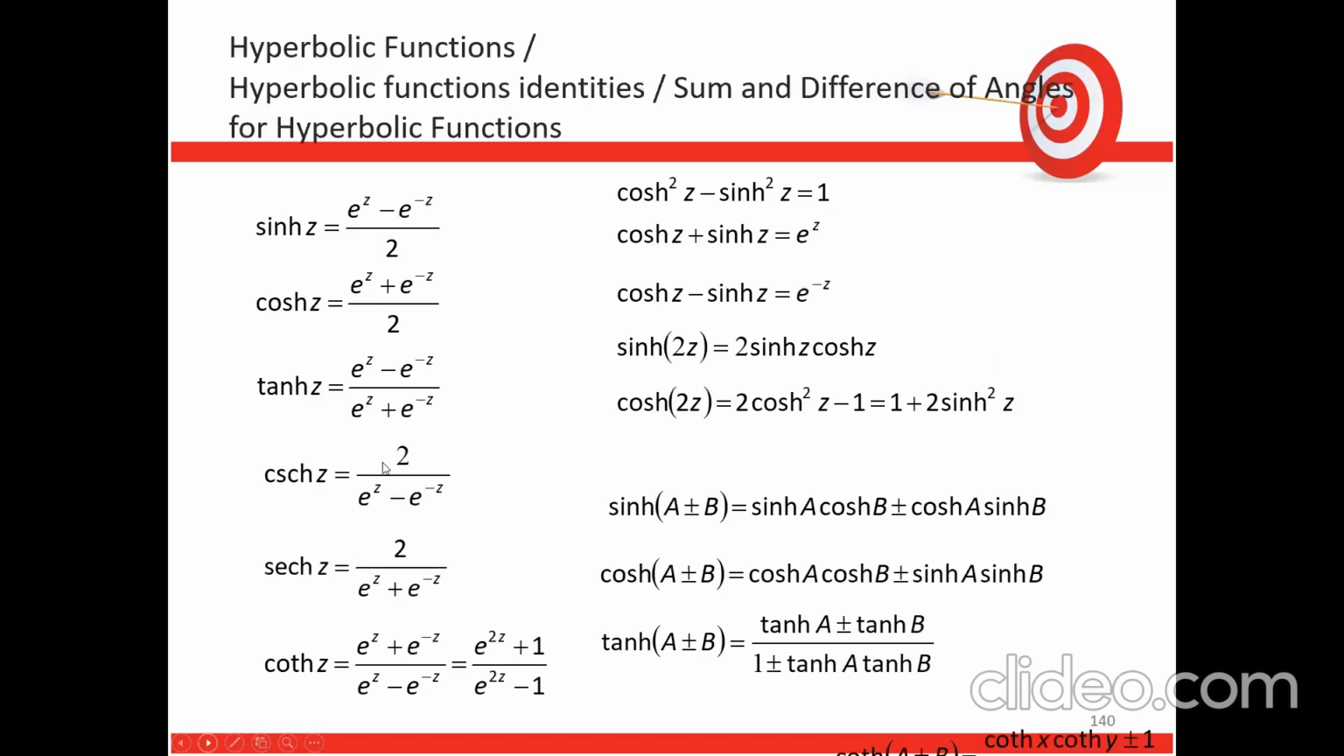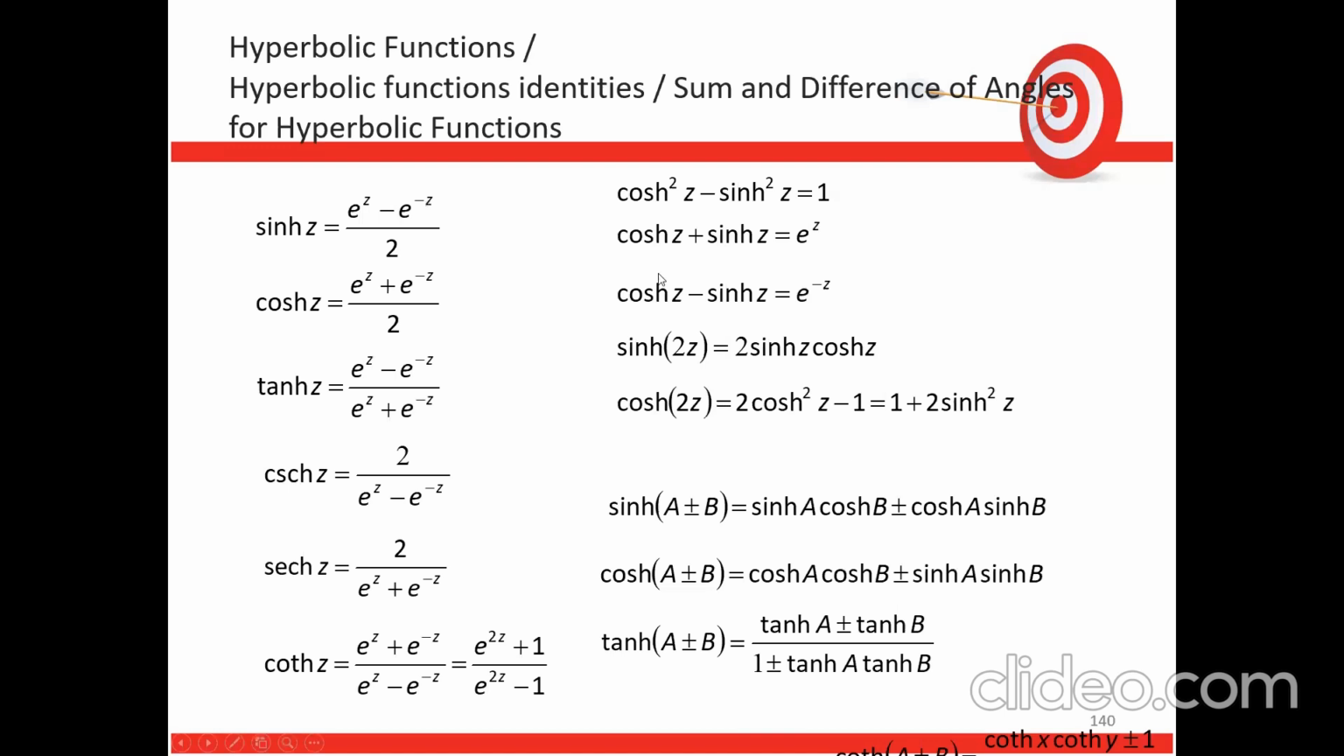Next is the hyperbolic functions. Hyperbolic identities, sum and differences of angle for hyperbolic functions. So sine, gamit ito sa mga waves, vibrations. Hyperbolic sine of c is equal to e exponent c minus e exponent negative c over 2. Hyperbolic cosine of c is e exponent c plus e exponent negative c over 2. Sa Laplace transformation, sikat ito. So dito hyperbolic tangent, hyperbolic cosecant, hyperbolic secant, and